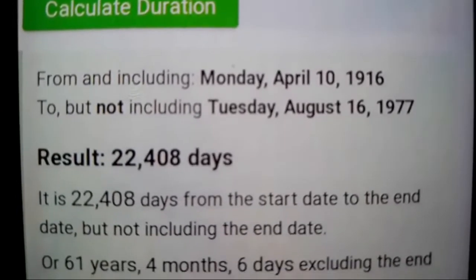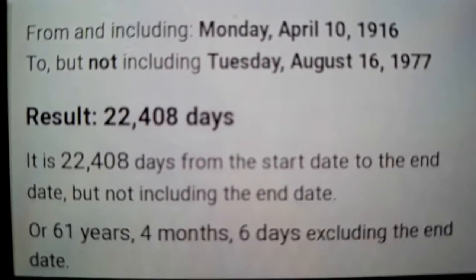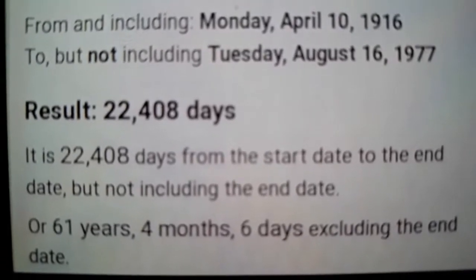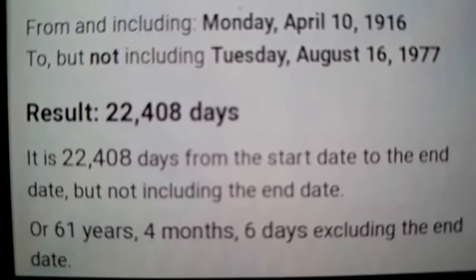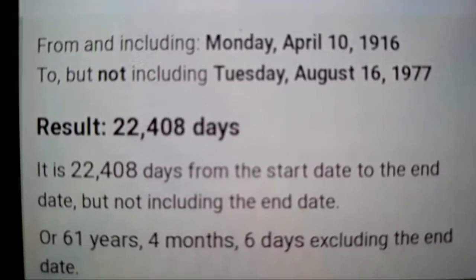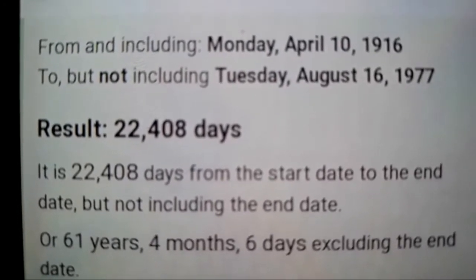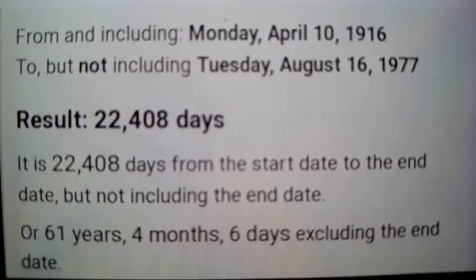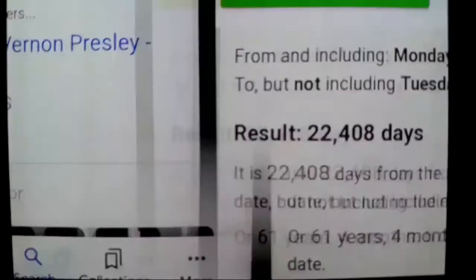And then look at this. Look at that right there. 61 years, 4 months, and 6 days. So it's the forward and the backward of Trump's birthday, 6/14. So you can go forward 614, 614, or backwards 146, 146. Do you see that? For Vernon Presley's birth date to Elvis's death date. Okay? Like I said, if you want to believe in coincidences like this, go ahead. I'm just showing you all the things.